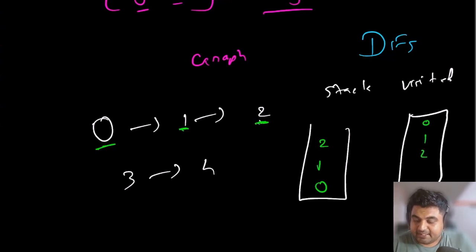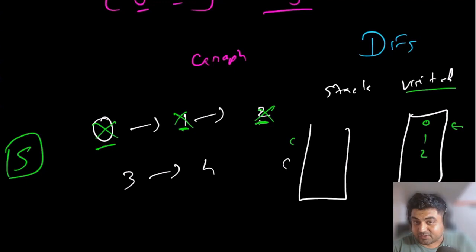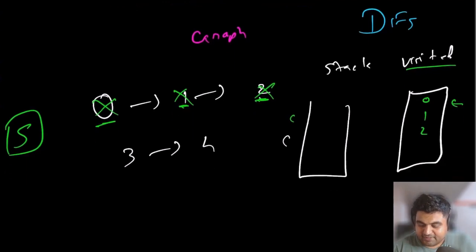Now 2 does not have any neighbors, which means we can pop 2 out. After popping 2 out, we would be able to pop 1 out. After popping 1 out, we would be able to pop 0 out, which means we took care of this entire path and we found no issues, and currently we have been able to visit nodes 0, 1 and 2 in our visited hash set. But we know that we are given 5 courses, and currently so far we have only visited 3 courses. So since there are 2 more courses that we have to visit, let's just start by visiting course number 4. Now course number 4 does not have any neighbors, which means we won't be able to do much with it. But course number 3 does have neighbors.